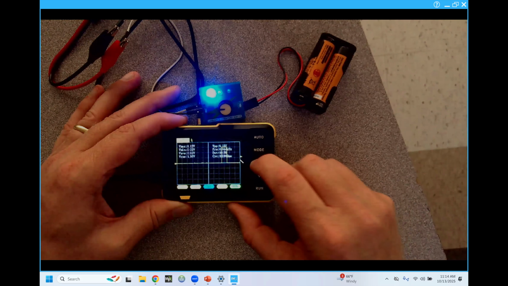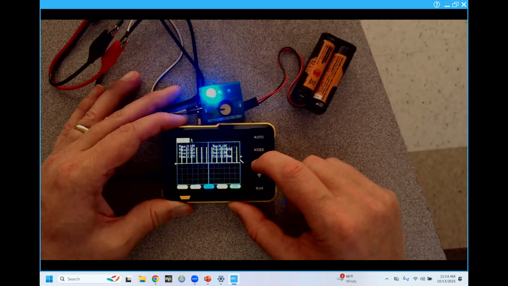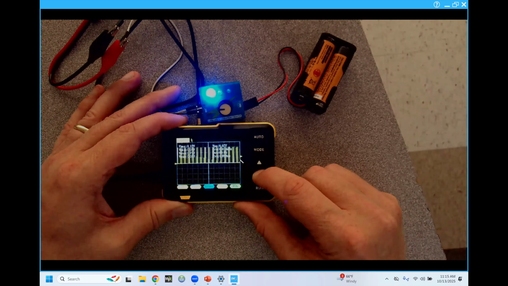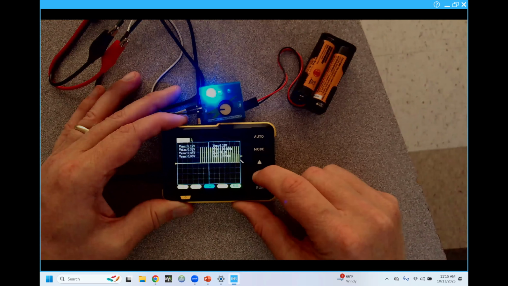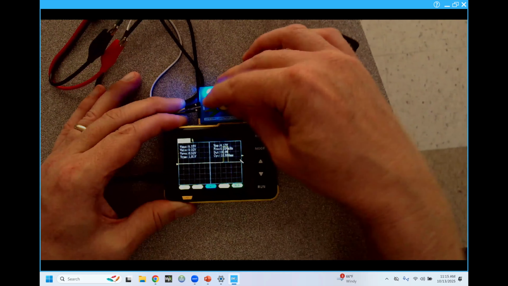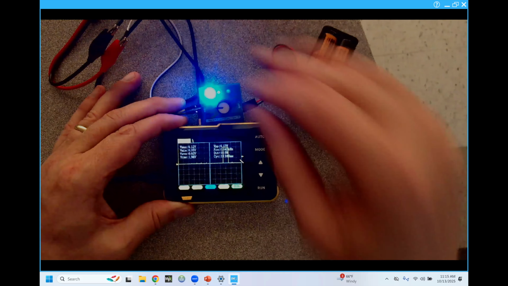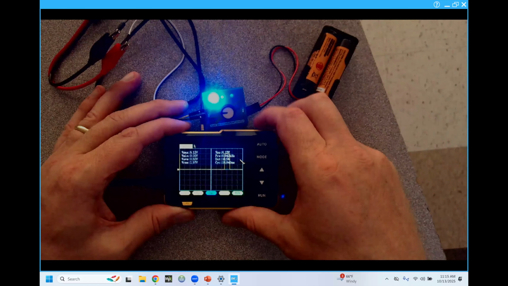So if I make the time division large, we can see lots and lots of pulses. If I make the time division small, we can just zoom in on one individual pulse. So that's what we want to do. Just want to zoom in on one individual pulse, and let's do the